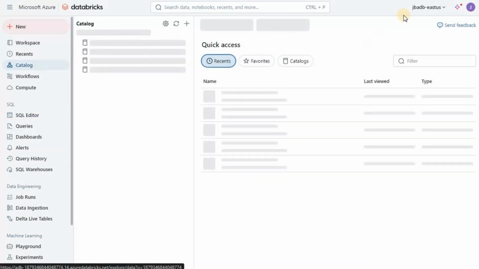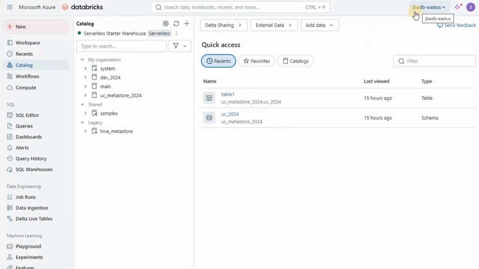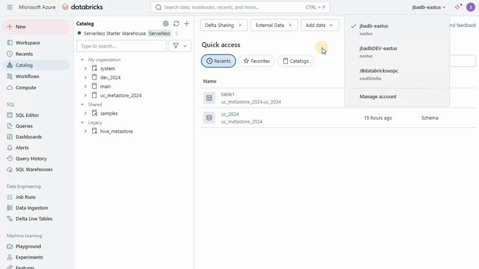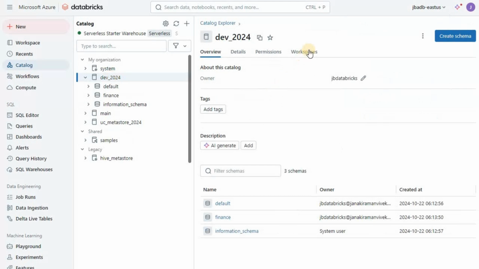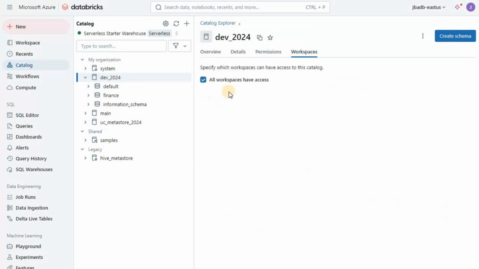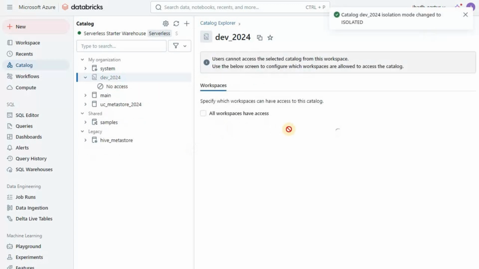And in the catalog, we know that we are in the JBADB East US workspace, that is the one that is selected. Now I'm going to click on that catalog called dev_2024 and then go to the workspace. And in this workspace, I can see that I've selected all workspaces have access. Now if I uncheck that,